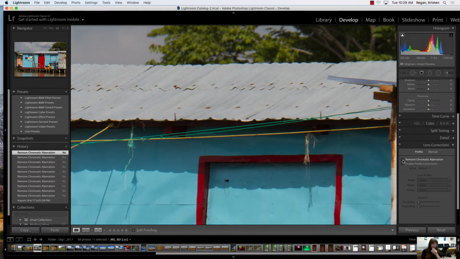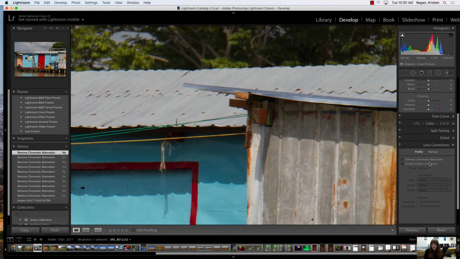So this may be something that you want to play around with whenever you're looking at your landscape, because this can prevent some of that weird halo effect when you work on your images in the black and white adjustment layer. So that's something that's handy to do. If you're seeing that in your image, then this will automatically remove it. It's just fixing problem areas in a lens, and it often happens whenever you have a very brightly lit scene, and you'll get this chromatic aberration. So that's pretty much it. You guys